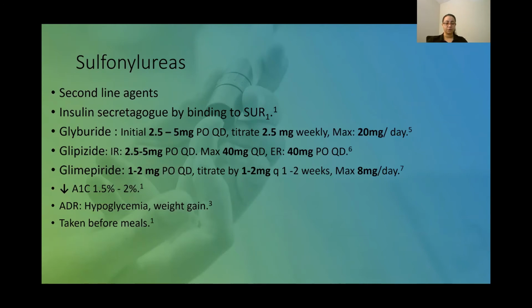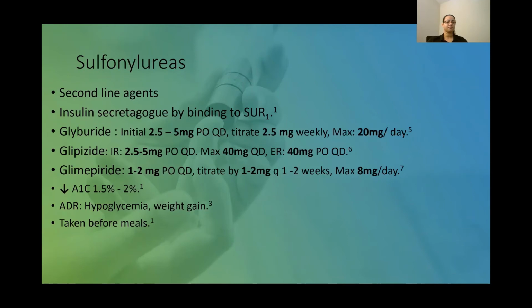20 milligrams per day. We have also glipizide, immediate release, started at 2.5 to 5 milligram by mouth daily to a max of 40 milligram daily by mouth. It also exists as extended release, 40 milligram by mouth daily. We have also glimepiride, 1 to 2 milligram by mouth daily. It could be titrated by 1 to 2 milligram every 1 to 2 weeks to a maximum of 8 milligram